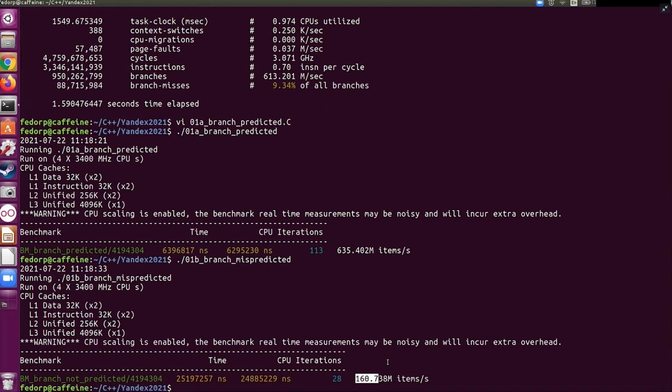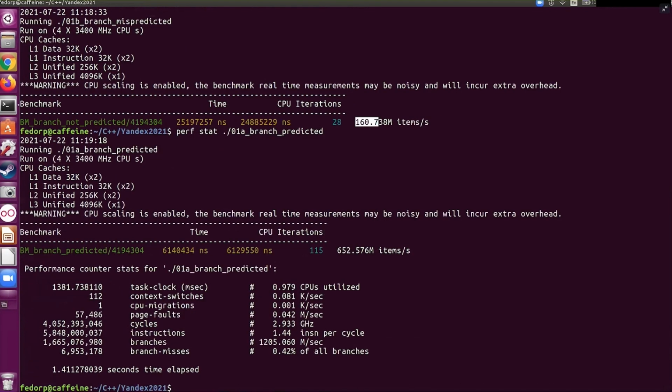Now, we started from writing code, so we know the reason. The reason is the predictor failed, the pipelines got flushed all the time, and that's why it runs so slow. But let's say you didn't know that upfront. You start from a program which does whatever it does, and you want to know why it's so slow. That's where you need a profiler. So again, I posted a link to the documentation of the profiler, but we can get cumulative stats for the entire program